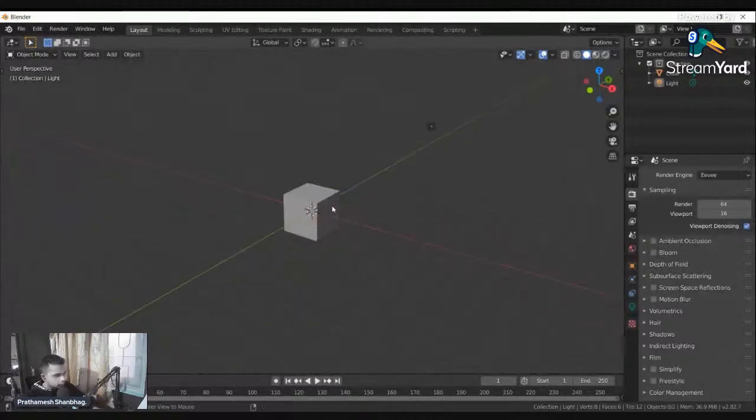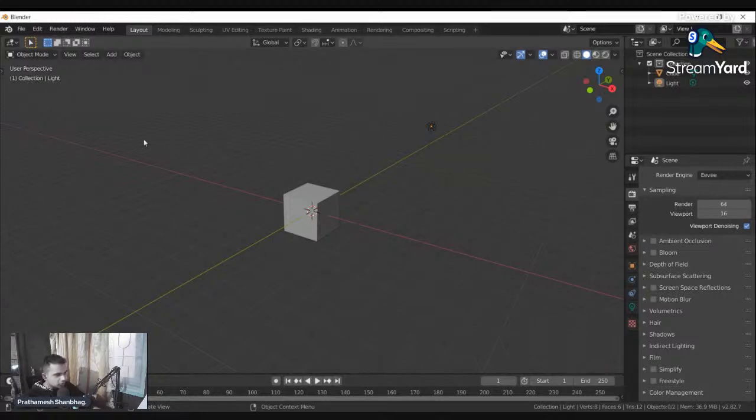I would like to have some confirmation in the chat that it is visible. Yes, Blender would definitely be best for beginners. I can see that my screen is visible, so I'll just continue. All right. So I don't know how I could explain. I hope that my mouse is visible as well, right?